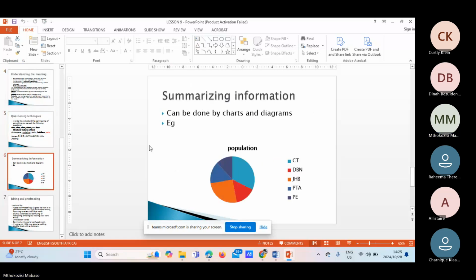Okay, and then here we have been given a diagram which is used to show us how to summarize information. This can be done by charts or diagrams. So here we have been given a chart to summarize the population of the country. As you can see, these are the different towns that we have in South Africa. Towns or cities, Cape Town, yeah, these are towns actually. So anyway, we have been given a population for each and every town, how populated it is, and so on and so forth. Okay, so this is another way of summarizing information, which can be done by charts as well